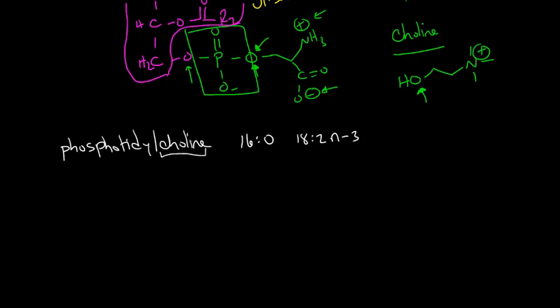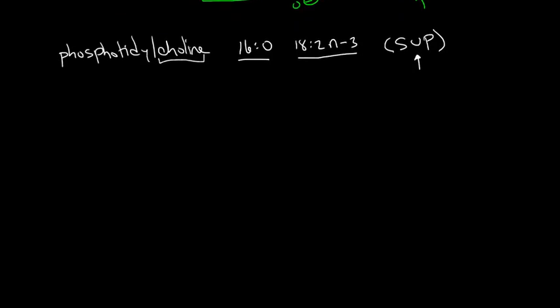Okay? We know that the choline is going to take up one position of our glycerol backbone, and our saturated fatty acid will take up one position, and our unsaturated fatty acid will take up the other position. Okay? And a really easy way of remembering the order is it's always SUP. Saturated, unsaturated, phosphate. Okay, so we always have the unsaturated fatty acid in the middle. Okay, so let's go ahead and try this. So on our glycerol backbone,